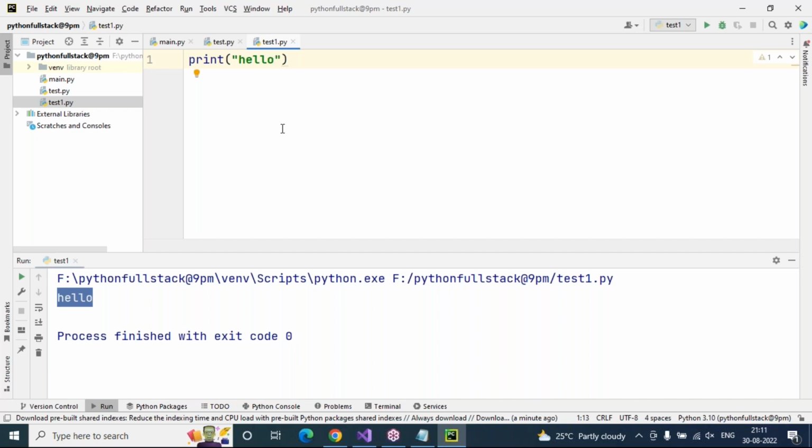Every time you can visit the PyCharm editor. Here we can prepare new files, add any code and execute it, and check it. So everything we can do in one location. If you go through any notepad editor or any other editor,